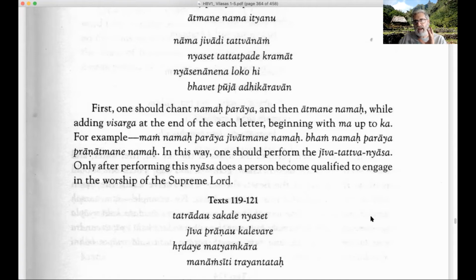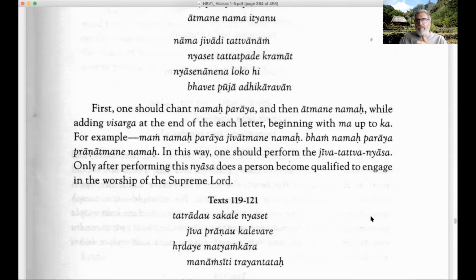We had a slightly different order of alphabetical letters. Here, we're going to do the consonants, some of the consonants, the five vargas of consonants, 25 letters, starting with the last one, Ma, and going back to Ka, Ma to Ka, right? So it'll be a reverse order. So an example is given here.